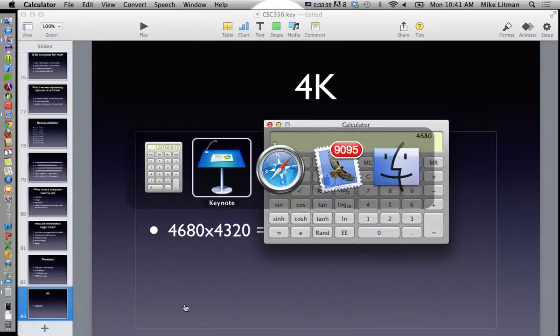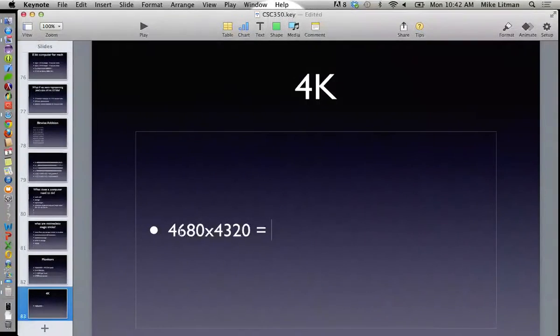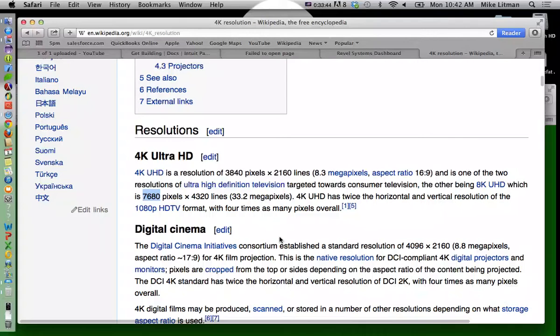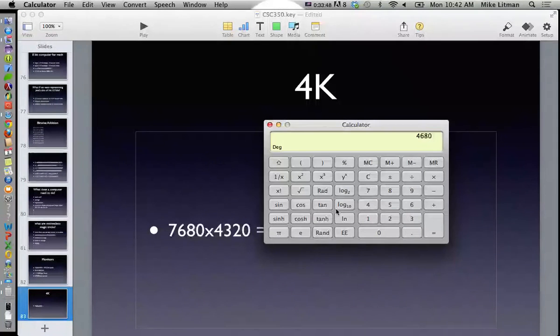Actually, you sure it was 4680? Yeah, 7680. It's like that doesn't sound like it's the right aspect ratio. So that's 7680 times 4320. That's the number of pixels